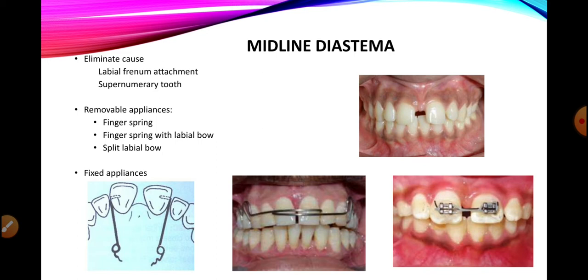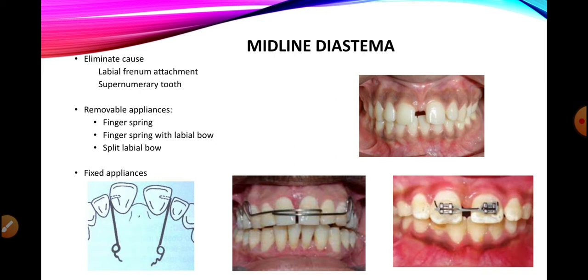So before we begin with the treatment of midline diastema, these considerations should be in mind, that is, what is the basic cause of it. Before the complete closure of midline diastema, a frenectomy is advised, that is the cutting of high frenal attachment if it is there, for the proper closure of the midline diastema, or in case of a supernumerary, it must be extracted before the treatment.